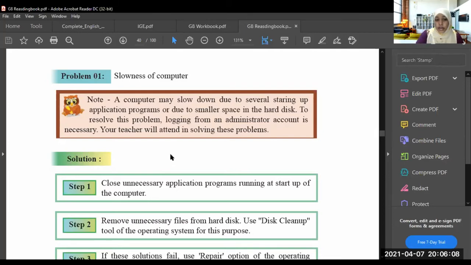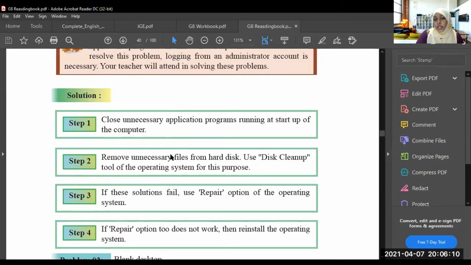Okay, right. So the first solution is to close unnecessary application programs running at startup of the computer. Here you can stop the unnecessary startup programs which are running at startup. You can close them.